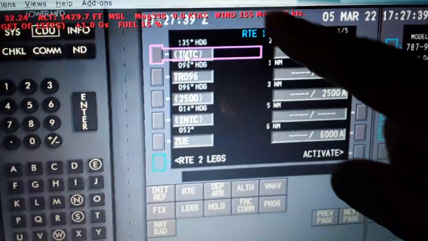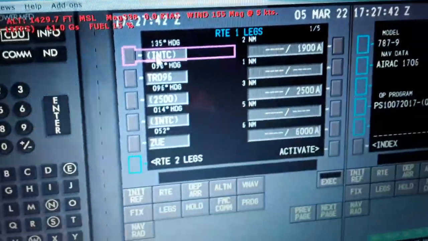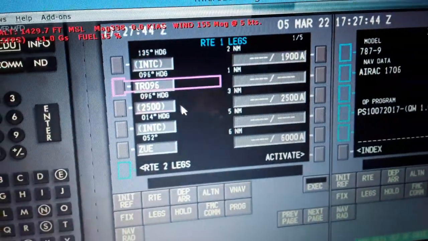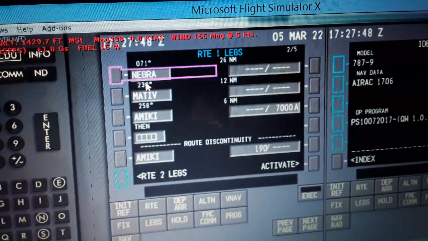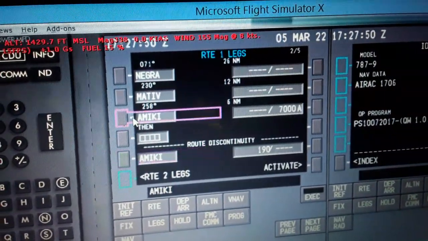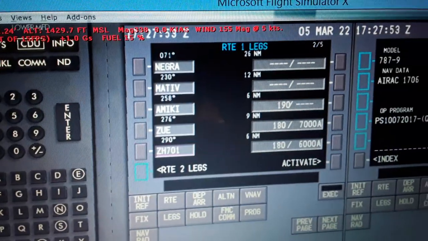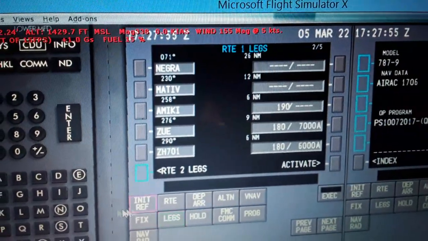You can see it's not yet activated, it's displayed in blue. So we have the first waypoint after takeoff, the heading and the airspeeds all the way up to Zurich, Negria, Mativ. Then we have a discontinuity, then descent, Zurich 701, approach and landing. So we go here, initialize